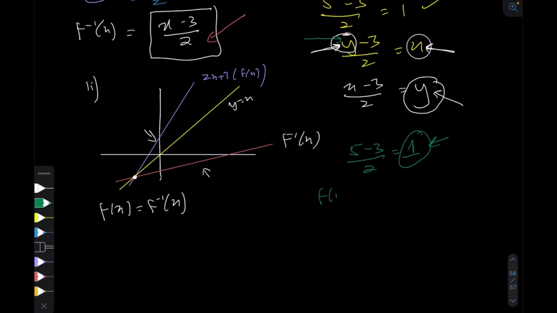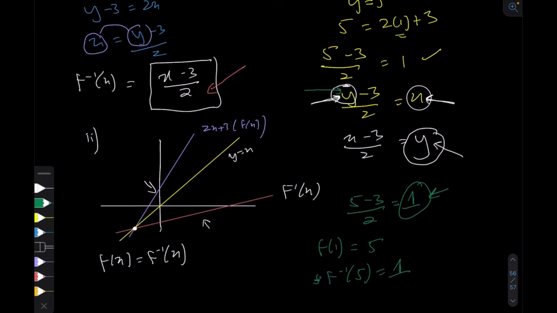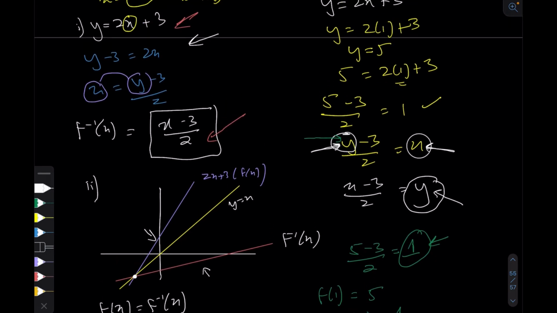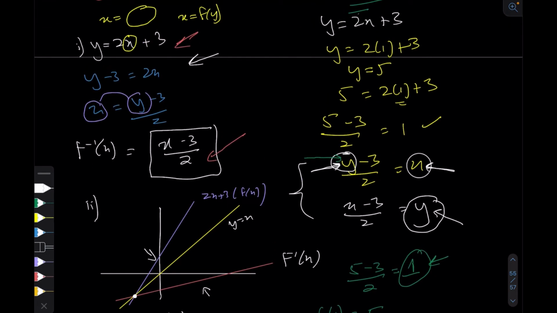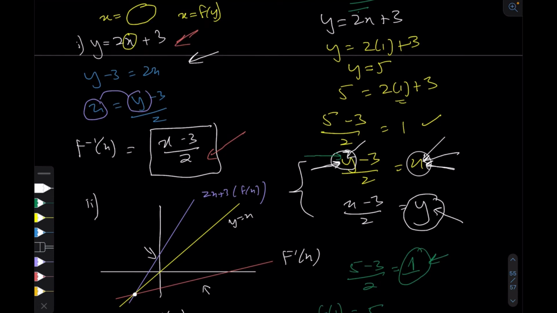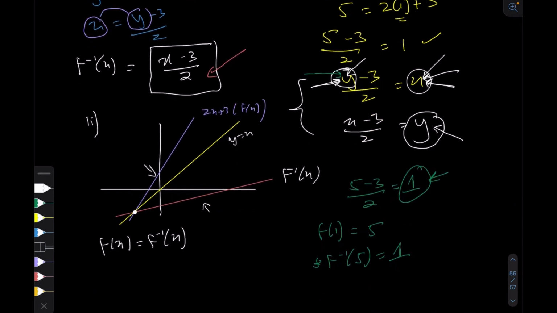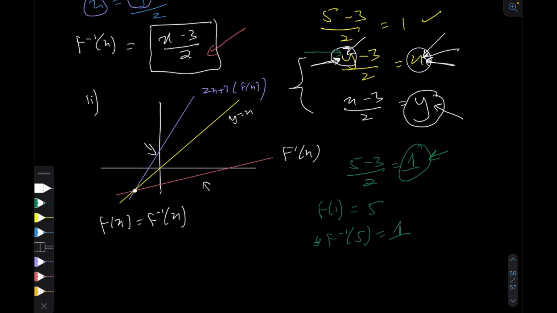So if we input 1 into f of x, we will get 5, and if we input 5 into f inverse of x, we will get 1, right? I hope this part makes sense to you, that we're asking what the value of the input is when this is the output and this is the new output. If you don't get this, then it's completely fine. You don't really need to know this. And the next part,